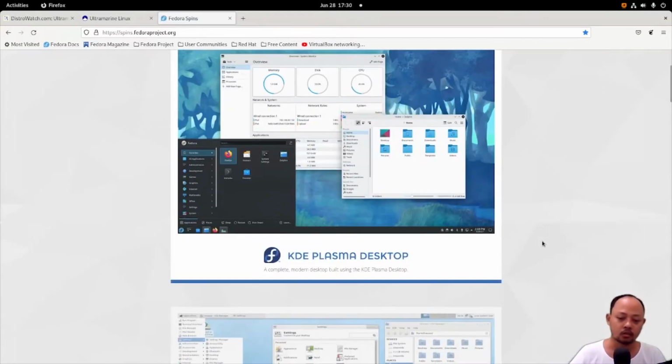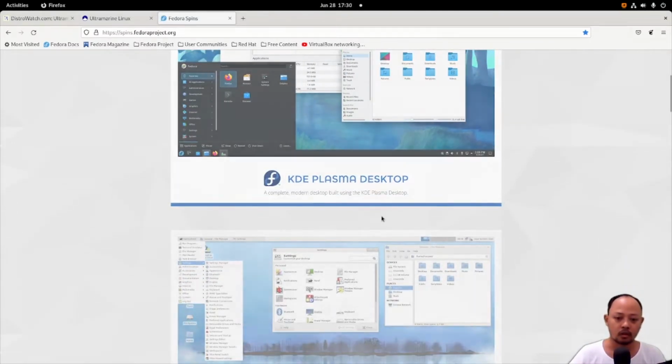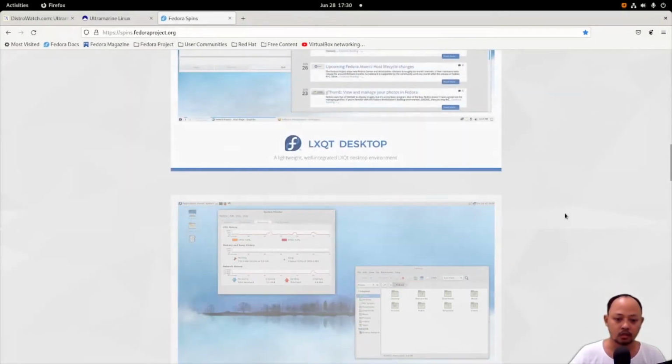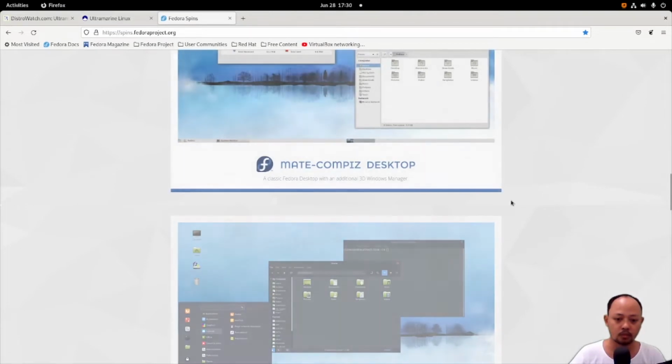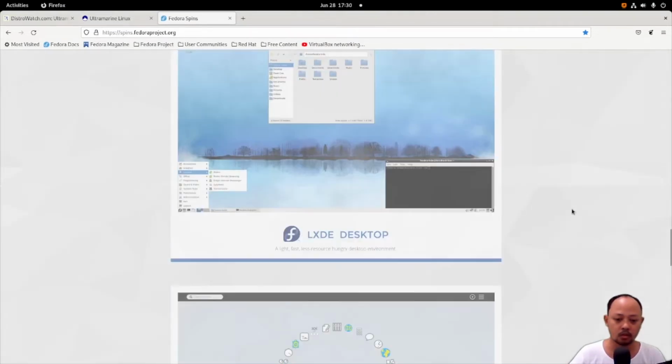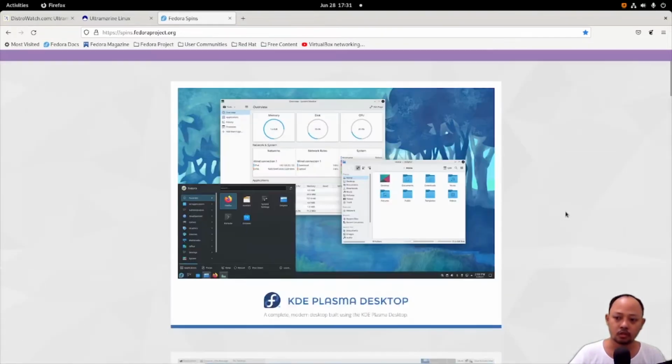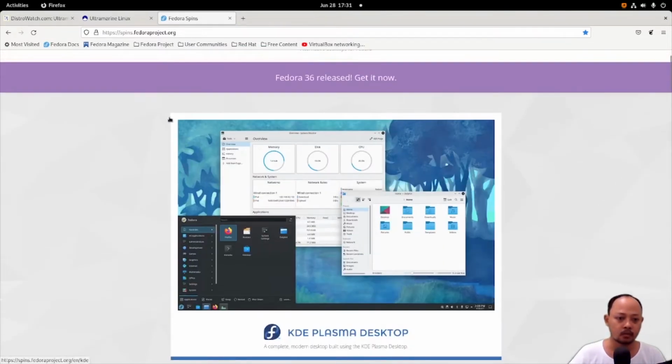In Fedora, there are KDE Plasma, and then XFCE, LXQt, MATE-Compiz, Cinnamon, LXDE, and the Fedora Workstation. It is bundled with the GNOME desktop environment.